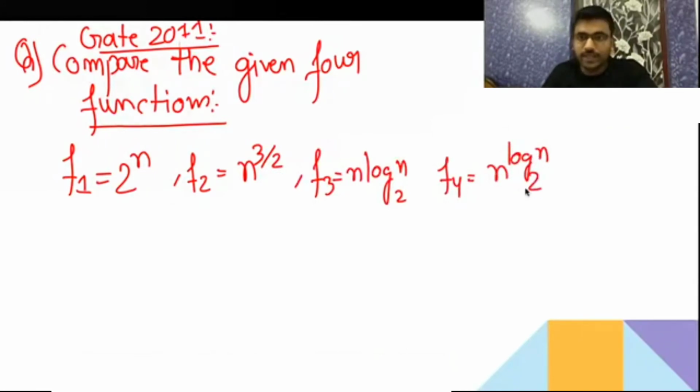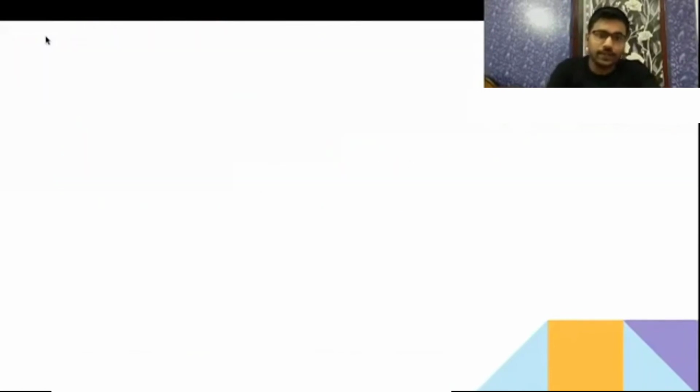Now tell me which one is greater. In decreasing order you have to say which one is greater, then after that which one is greater, then after that which one is greater. In the GATE exam they have given the four options and they are asking you to write in descending order of their asymptotic notation. So which one is first bigger, then the second largest, then the third largest, then the fourth largest. Tell me. Now see. Now I will say 2 to the power n was there.